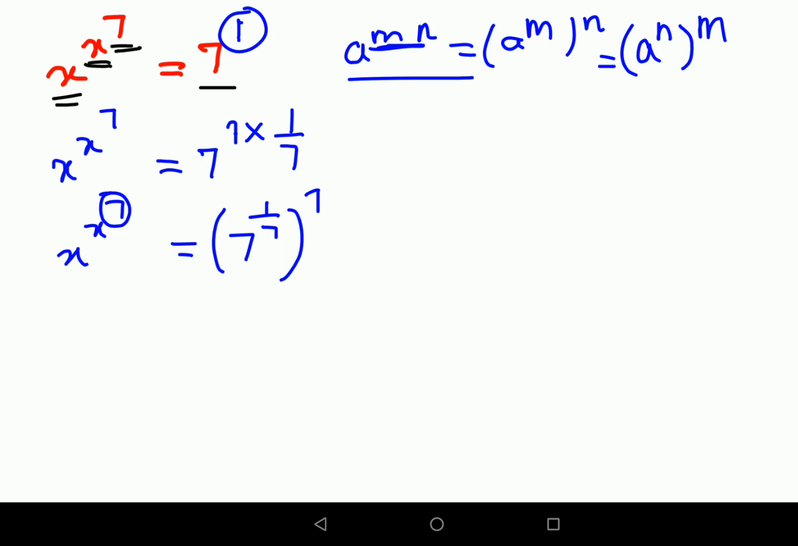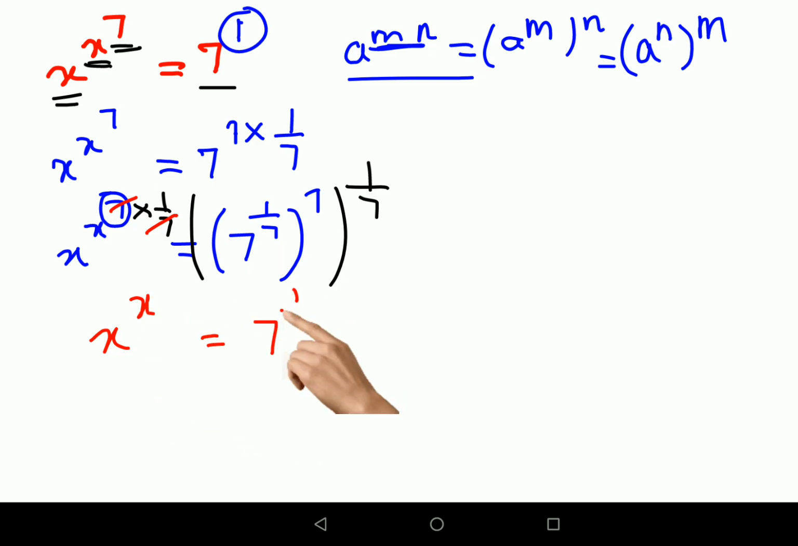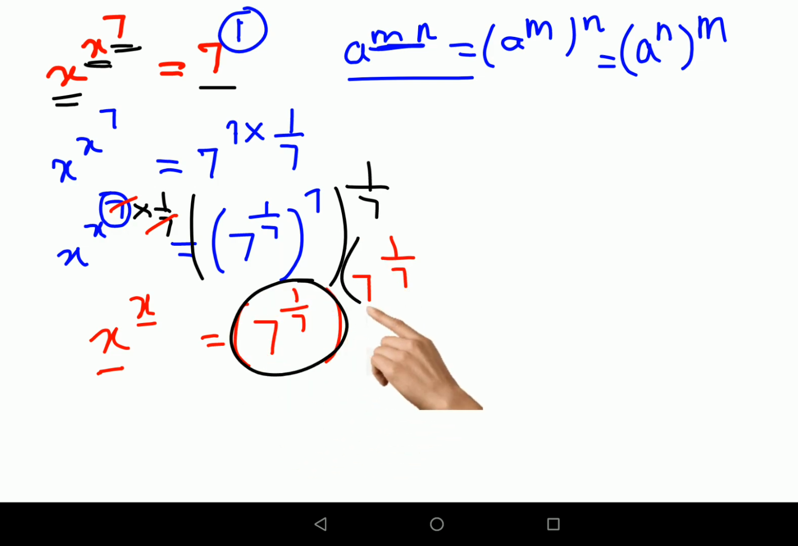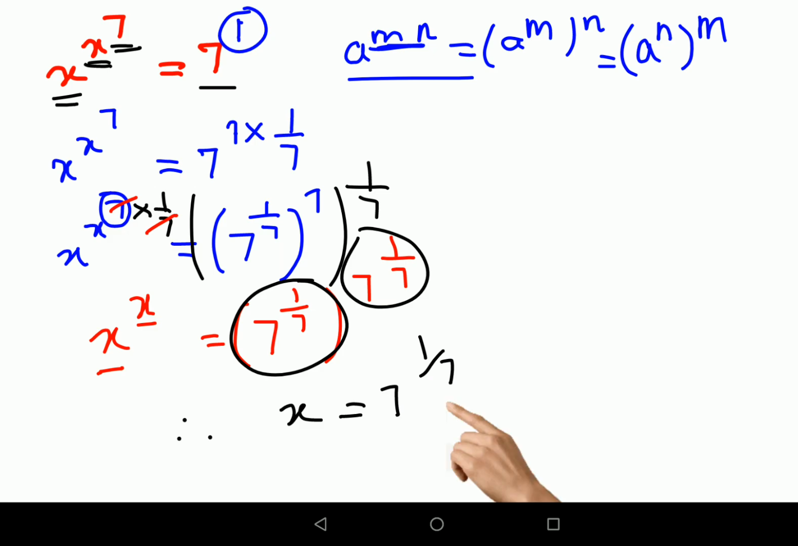When I want to do that, I will have to take the 7th root on both the sides. So this will again get multiplied by 1 upon 7. And now if you look closely, your things are getting cancelled. So I have this in the form of x raised to x, and this becomes 7 raised to 1 upon 7, the whole raised to 7 raised to 1 upon 7. Right? So now, since the bases and indices are same on both the sides of your equal to, I can say therefore value of x is nothing but what? 7 raised to 1 upon 7,